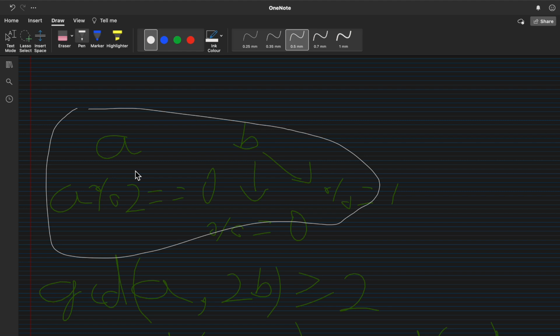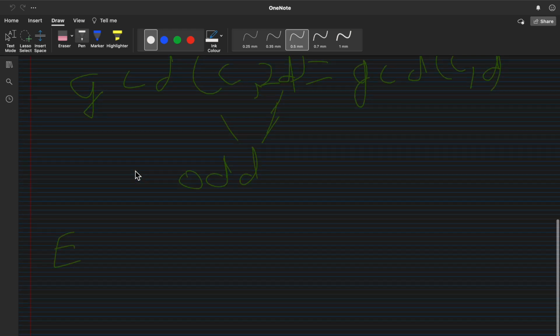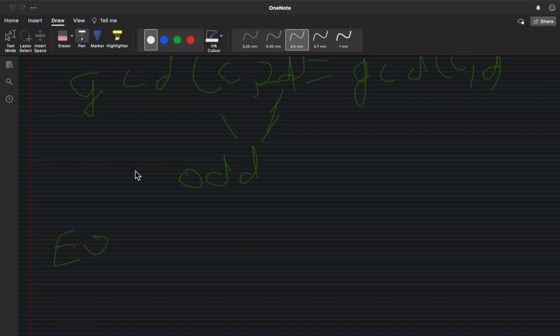So if we arrange the initial array in the order evens and odds, so all the evens come first and all the odds come last, we will always have that for each i in the evens and each j in the odds, the pair i, j is a good pair.